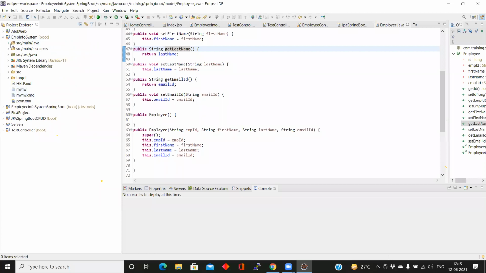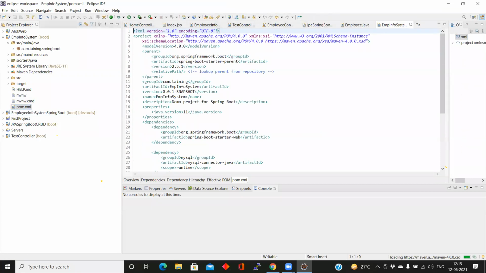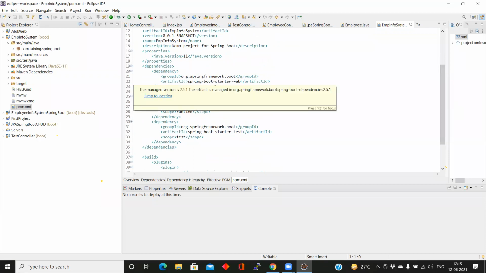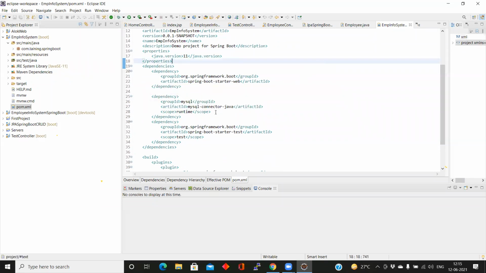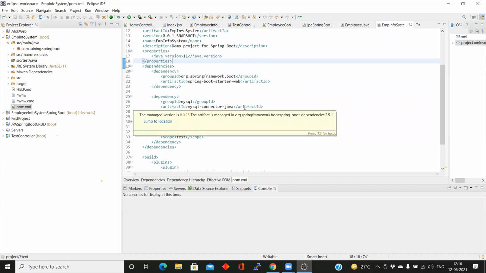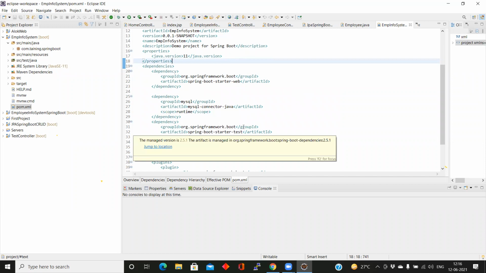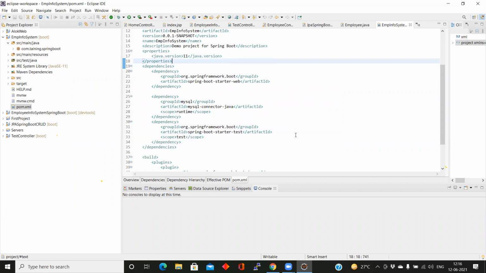Okay, this project is already developed. In this project, go to the pom.xml. You will notice for any Spring Boot project, the first dependency will be org.springframework.boot, spring-boot-starter-web. And since we have added MySQL, it has taken the dependency mysql-connector-java. In a normal JDBC application we have to give the jar file, but here we have to add the dependency. It will be downloaded from the net, the connector Java file. Spring Boot starter test. These three dependencies are sufficient.